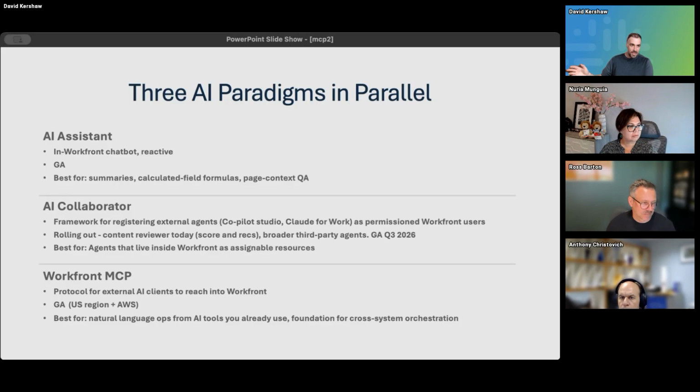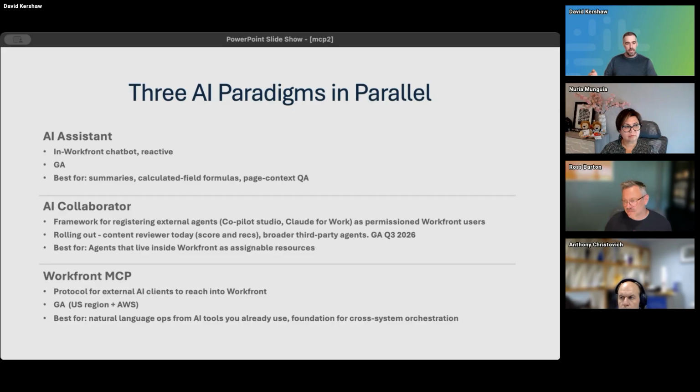But getting to the main event, the Workfront MCP server. This is, again, another paradigm. I will get into what MCP is in a moment, but this is a way for you to talk to your Workfront instance through the AI apps you're used to. I think most people at this point have tried ChatGPT, whether in the browser or an app, and you talk to it and it gives you answers back.